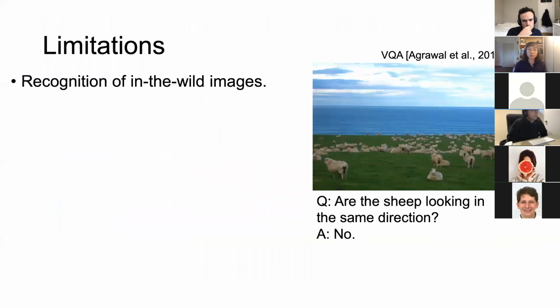Before drawing the conclusion of this first type of framework, I want to state some limitations of our current system. First of all, the recognition of in-the-wild images can be very difficult. This includes, for example, detecting or segmenting individual objects or recognizing their attributes. On the right, we show a very challenging case of detecting and recognizing objects in very crowded scenarios and a cluttered background.